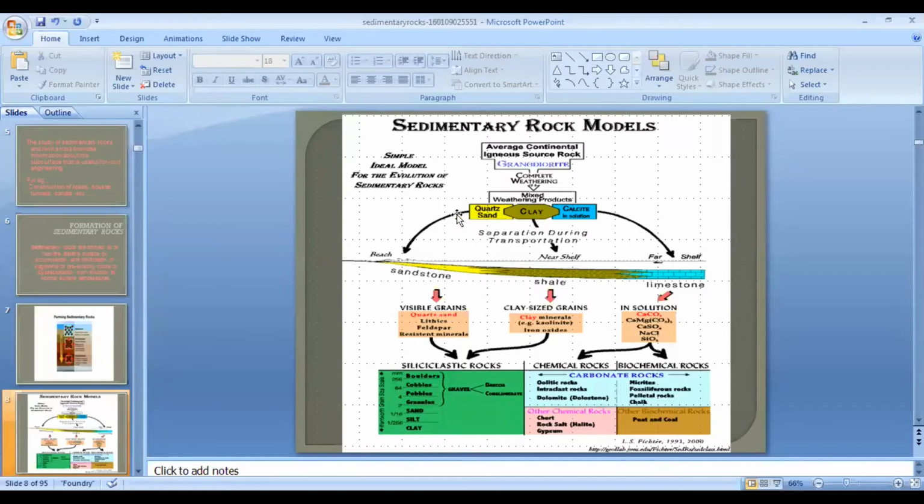So what does happen? Quartz sand, if you see, this is a river coming in the form of a delta, and this is a beach area, then this is the shelf area. So consider, for example, you are standing here, this is Karachi, and this is the Arabian Sea. As you move away from the seashore, have you ever been